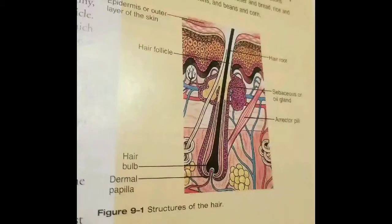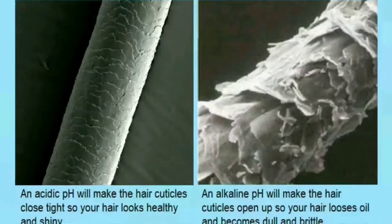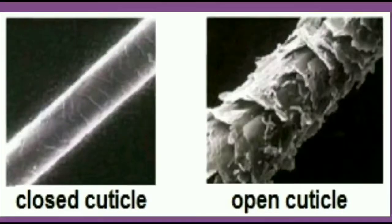The outermost layer of the hair is the cuticle layer, which is also very important. So I'll insert pictures of that. So as you see from the pictures,